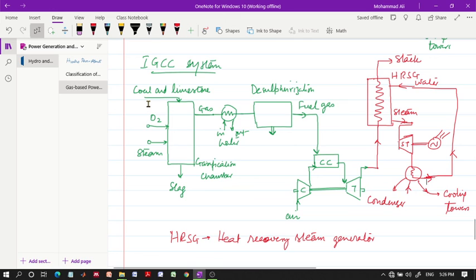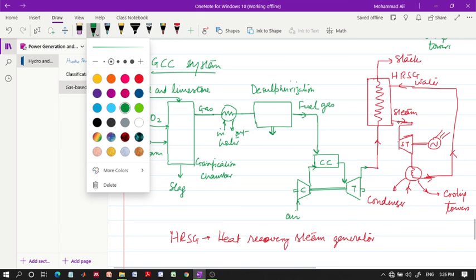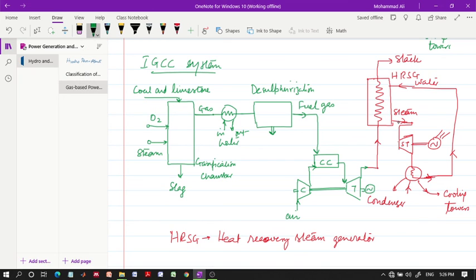So we are having coal being converted into its gaseous form, and then it is desulfurized or purified, then it is burned as a fuel. Earlier we were not using it as a fuel, and here a gas based turbine is used to generate the electricity. So the one thing remaining over here is that there should be generation over here also, because the basic purpose is to generate the electricity. Here the steam turbine generates the electricity. This is the gas based turbine and this is the steam turbine.